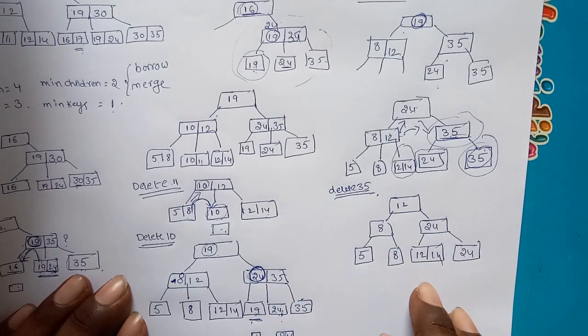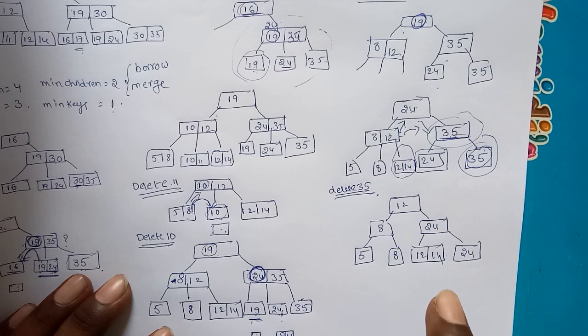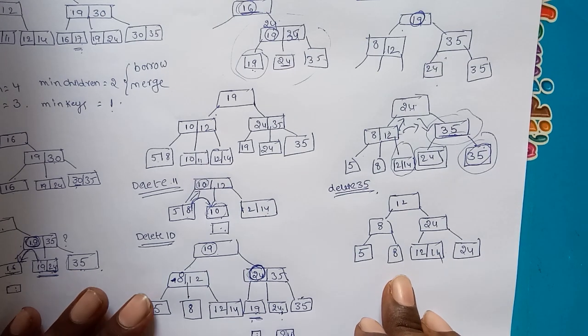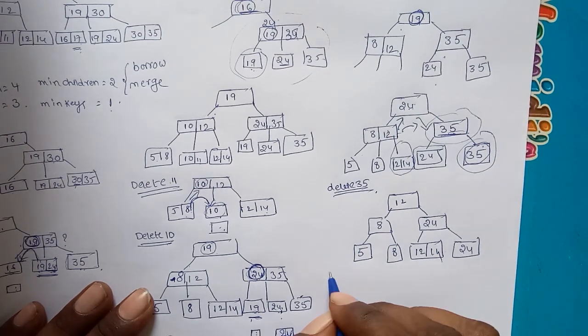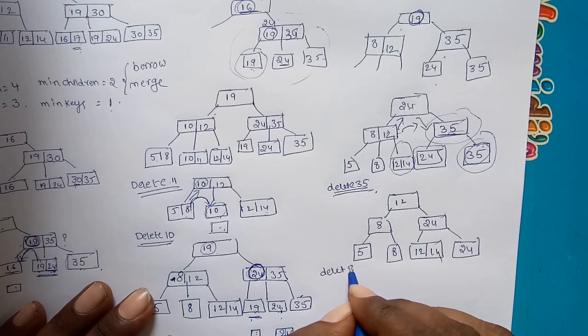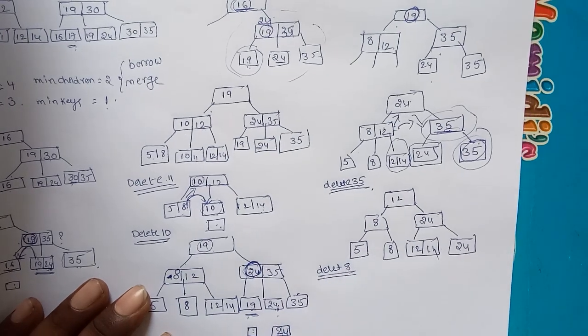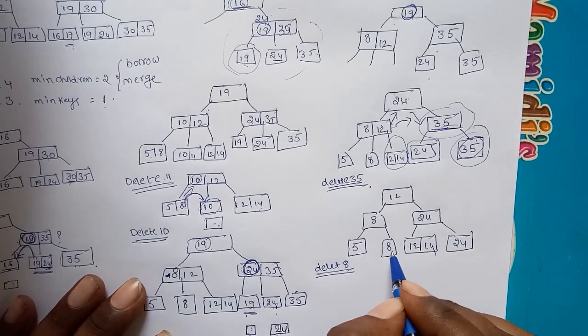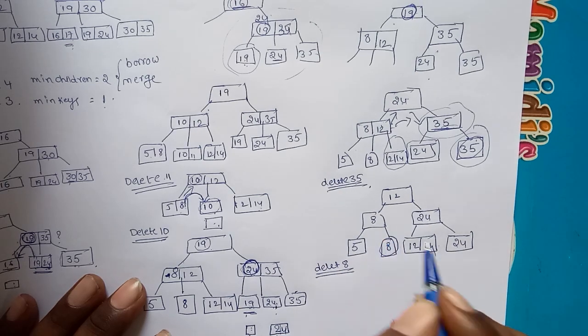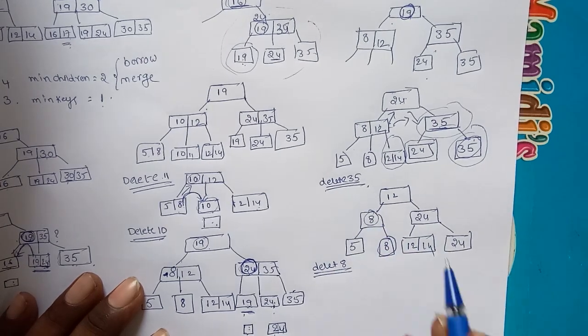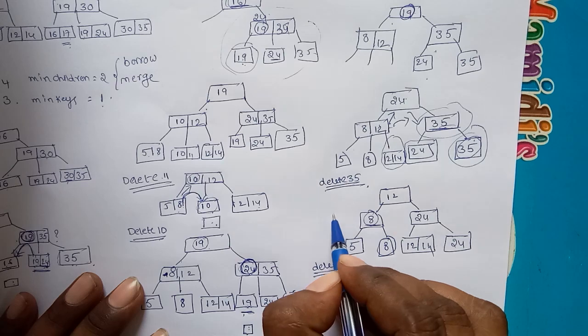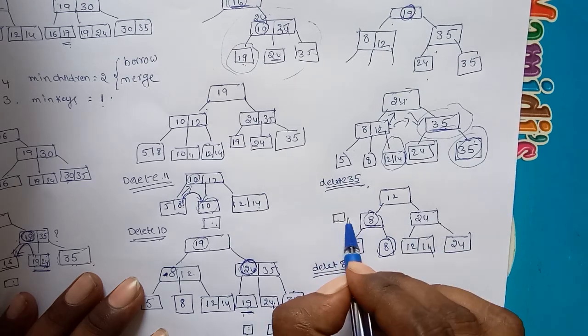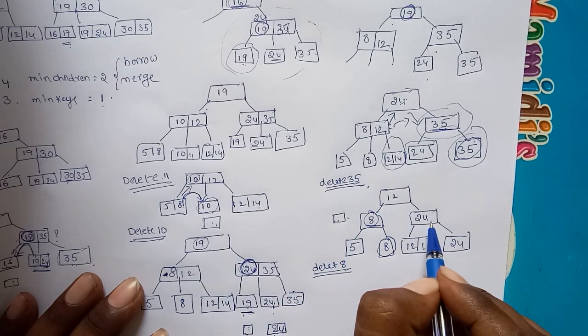If you want to merge the leaf nodes, we have to delete the index node. This is the very important point. Okay, suppose in the last deletion, delete 8. If you want to delete 8, what to do? Remove this 8 and this 8. Whenever we are deleting this one, this node is empty. Automatically what are we doing? We are checking the sibling.